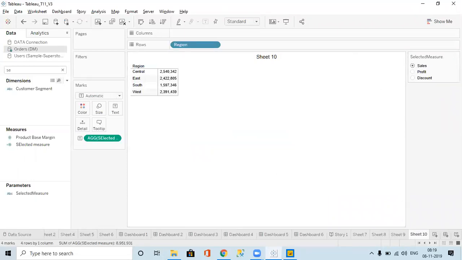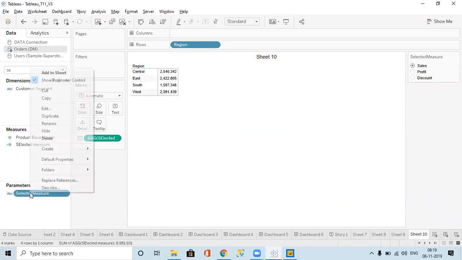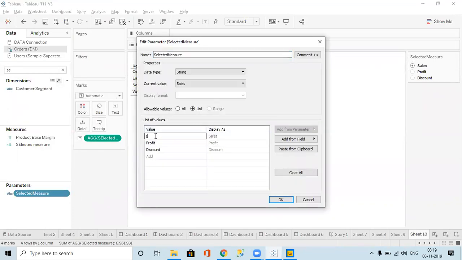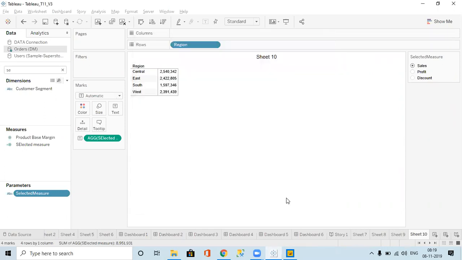So this is like a parameter. In a parameter, only single selection is possible. We can not only do it like this, we can also edit this parameter. If you want some value like 1 and display it as sales, you can give that. That is also possible. You give the value like 1, 2, 3, but for the filter purpose you want to display names like this in the filter. And if you want to give the value as a number, this way also we can give it. Okay, so we can give it like this and click on OK.